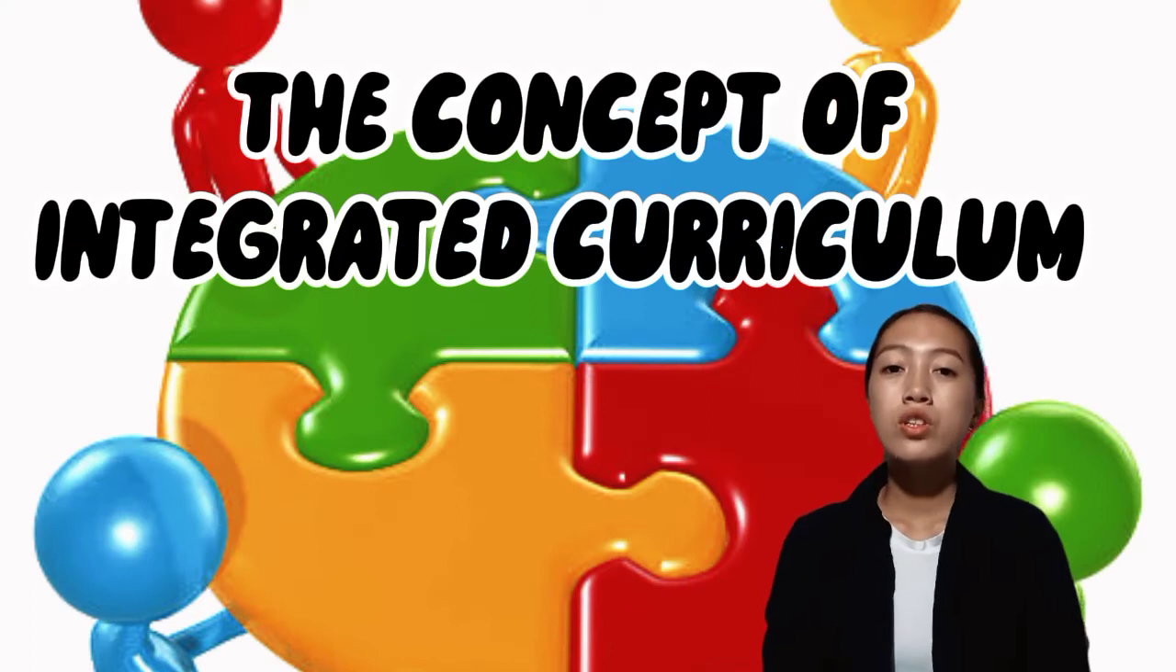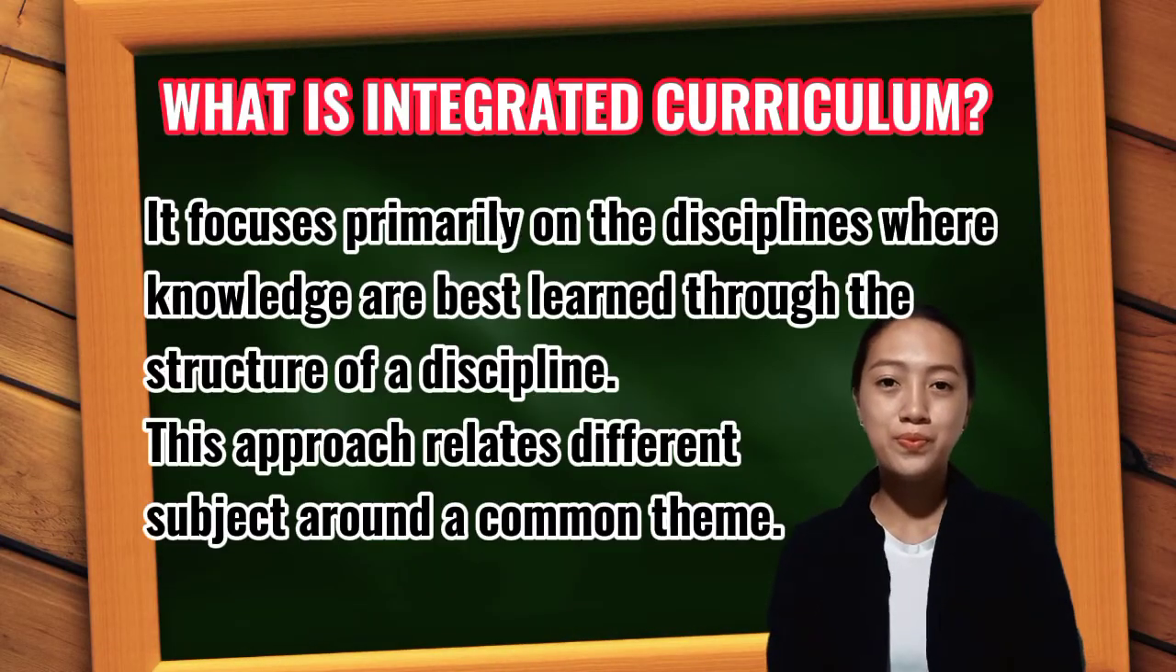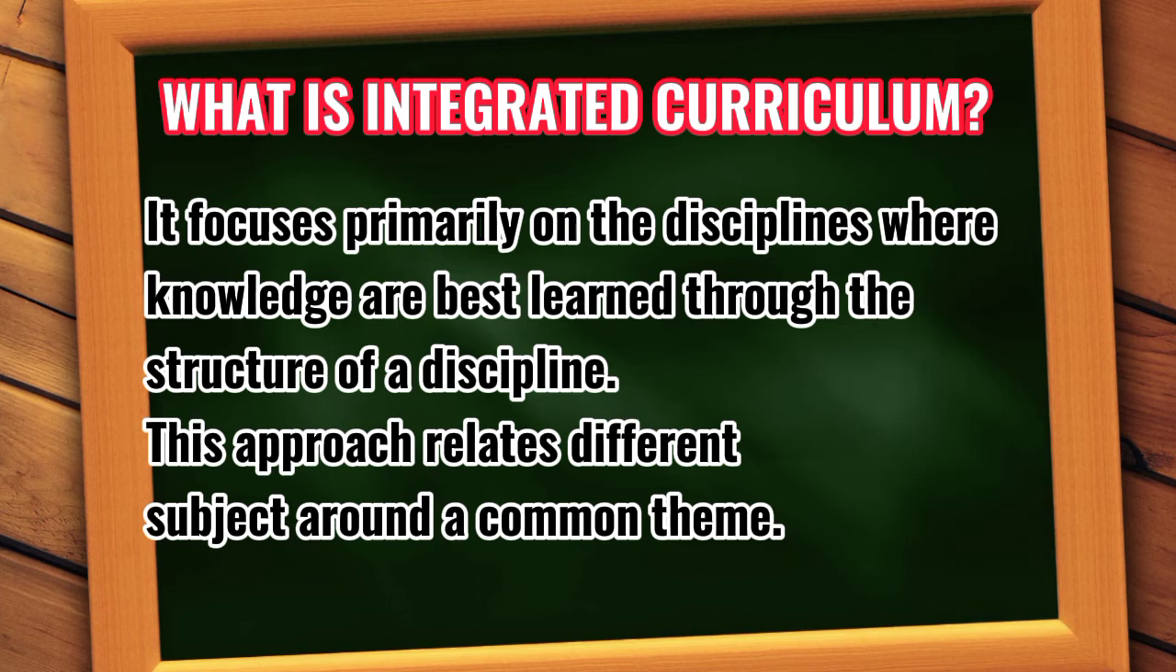So now we are going to discuss the concept of integrated curriculum. So what is an integrated curriculum? It focuses primarily on the disciplines where knowledge is best learned through the structure of a discipline. This approach relates different subjects around a common theme. An integrated curriculum is described as one that connects different areas of the study by cutting across subject matter lines and emphasizing unifying concepts. Integration focuses on making connections for students and taking content areas that were once taught separately